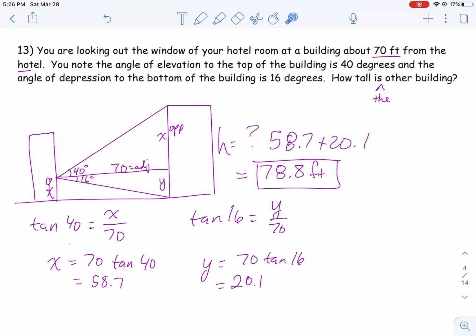So really the picture is the hard part. And you saw the process I went through of sketching it out, and I even drew it, and I didn't like it, so I started over and I drew it with him lower, so this angle was bigger. Putting the 70 feet between the buildings and the two angles in, setting up tangent because I have the opposite and adjacent sides in both cases, finding x and y, and then adding them together to get